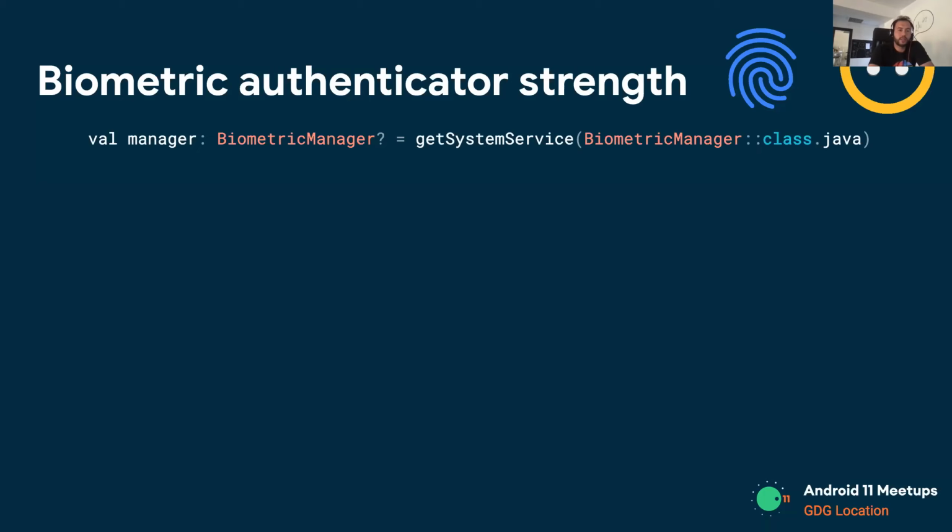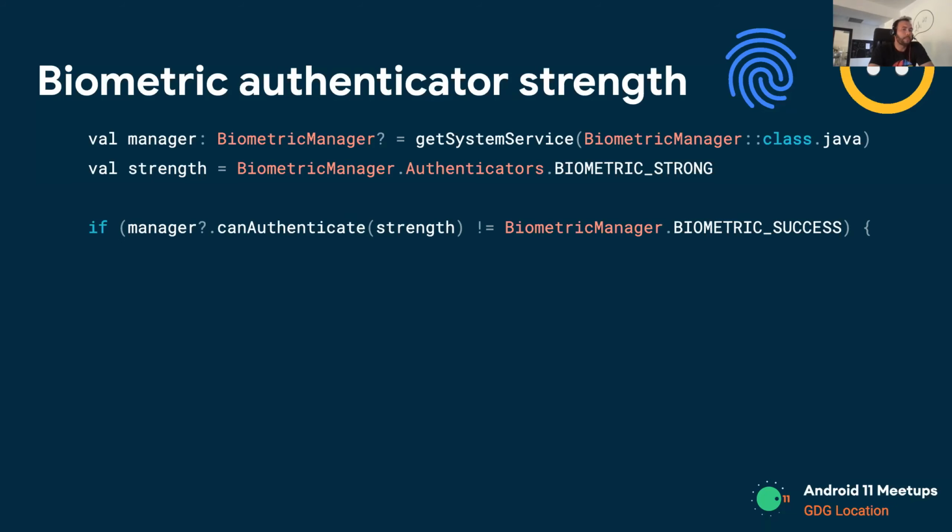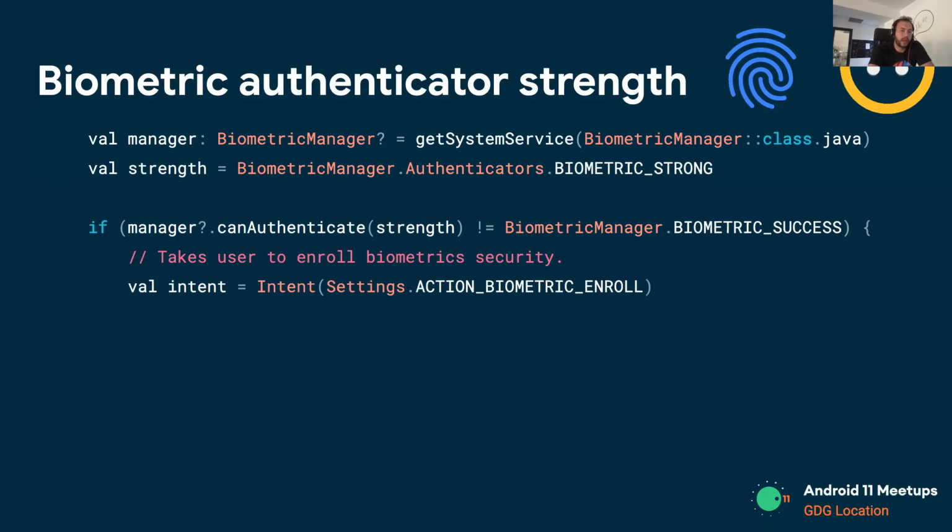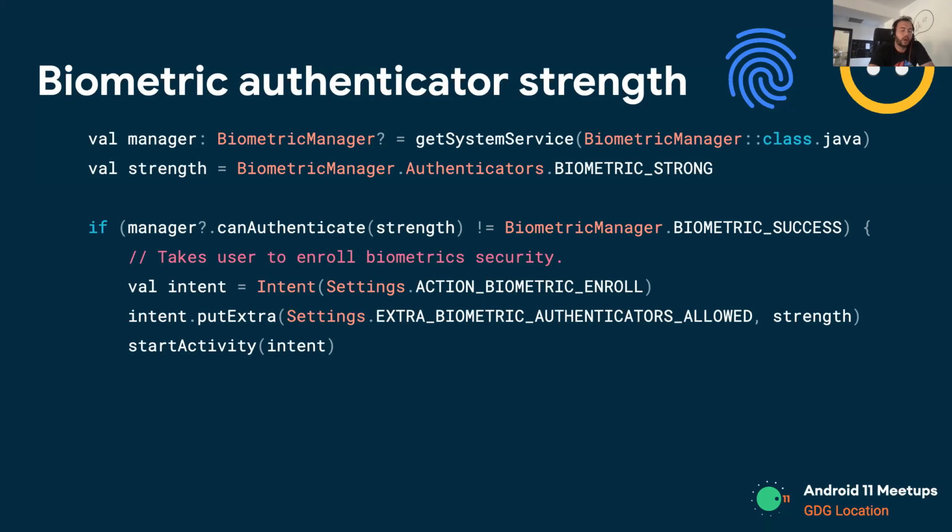And with this system, we have the possibility of checking whether a particular strength for the biometric system is available. And based on that, we can actually send the user to enable it, or we can handle it in our app as we require it.